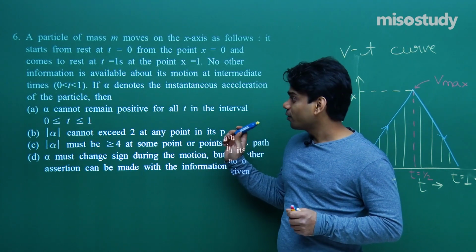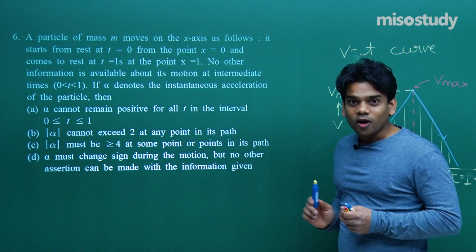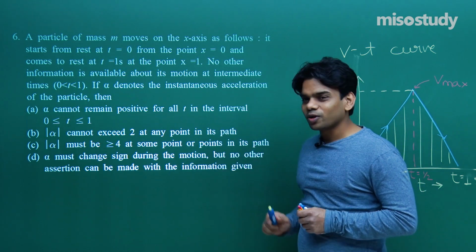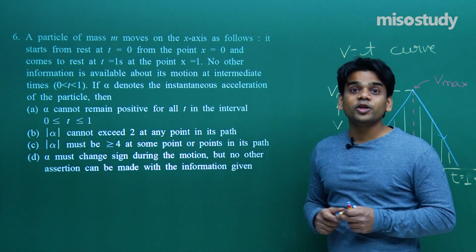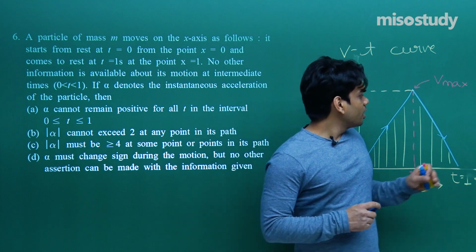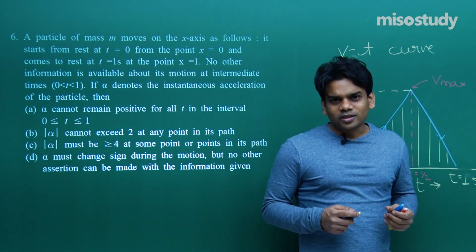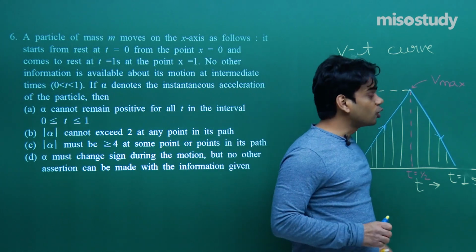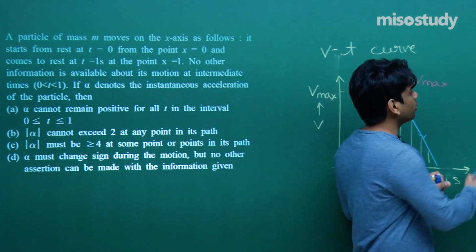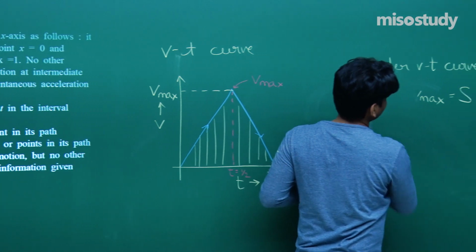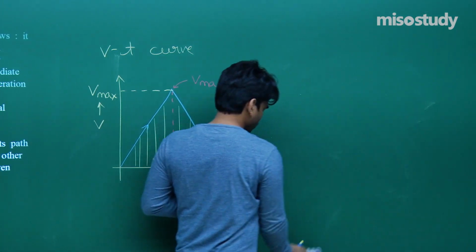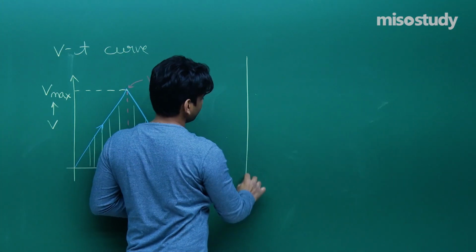We need not talk about velocity, so we cannot talk about alpha right now. The second also is asking about alpha, the third also alpha and alpha. So we need to talk about acceleration. Now before proceeding with the acceleration, we got that the maximum velocity is 2 meter per second. So let me go ahead and show you one more curve. Note this, the maximum velocity is 2 meter per second, or 2 in magnitude.